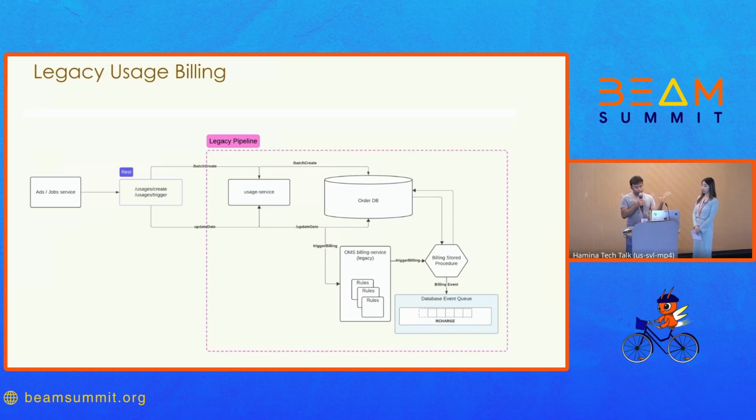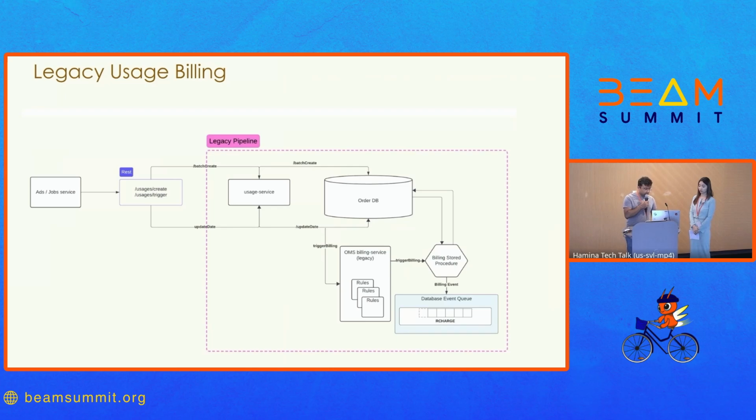Once we capture these usages, we store them in our database. We call it auto database. And then, this is where it gets interesting. There are some stored procedures we have in Oracle, which allow us to run an event queue that stores these events. We use something called Oracle AQ. It's a middleware hosted by Oracle. Again, it's not within the application's control, it's within the database's control. And it treats these usages and charges them based on the rules we have set